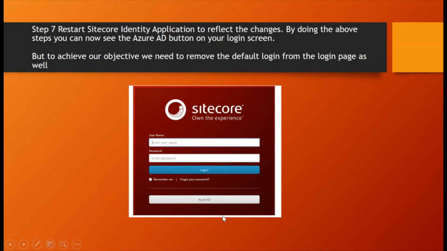After that, when you restart Sitecore, you will get a button like this, Azure AD account. You can enter your Azure email ID and password, and log in using the Azure AD account.